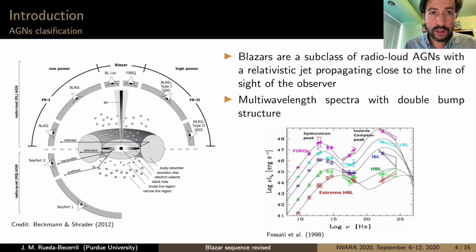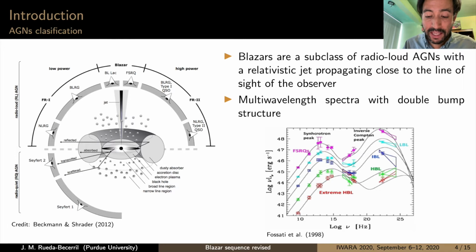These two are separated by their spectral features, as I just mentioned, and the innermost is known as the broad line region and the outermost as the narrow line region. The AGNs may or may not have a jet, and this separates them into radio quiet and radio loud. We are going to focus today on radio loud AGNs, specifically